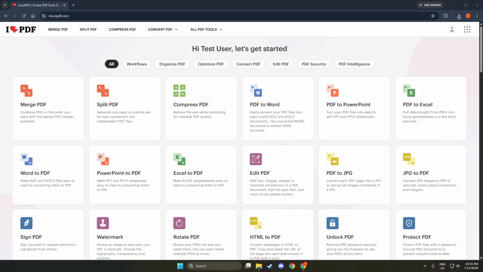Once the page loads, you'll be greeted with a clean and user-friendly interface. This step is crucial because it leads you to the tools you will need for editing. As an online platform, iLovePDF is accessible from anywhere and on any device. You can use it on your computer, tablet, or smartphone. This flexibility is incredibly useful for anyone needing to work on PDFs while on the go.